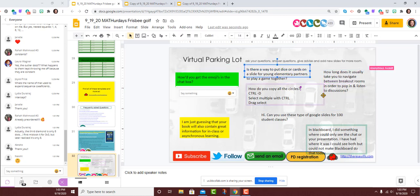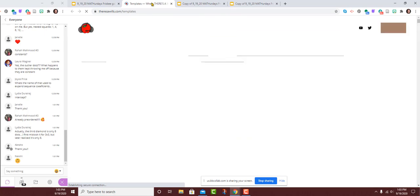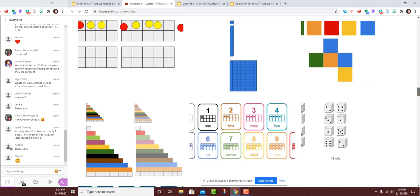Is there a way to do dice and cards on a slide? Yes. Right now it is not necessarily intuitive, but I have a couple of videos on how to do that, and I've got some dice and some cards. Essentially, the idea is to think like a computer programmer when a programmer writes code for